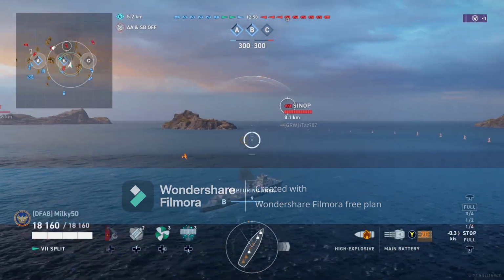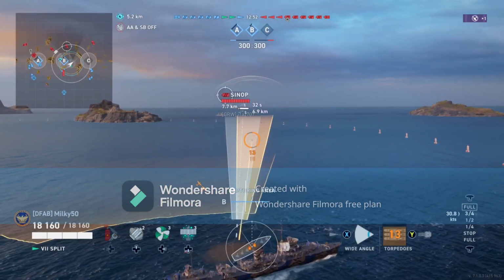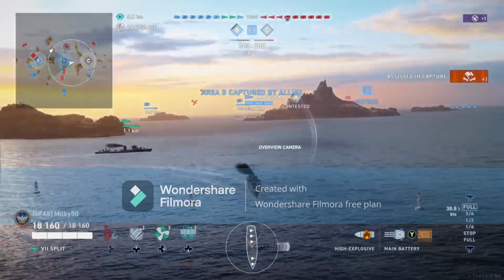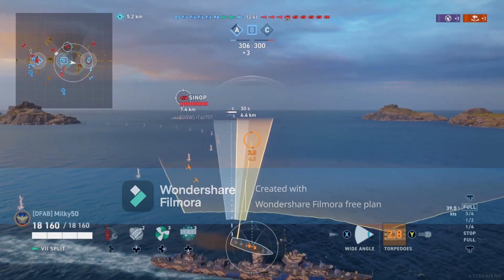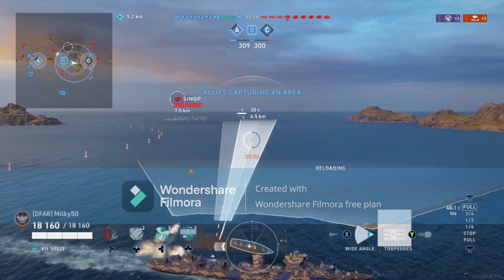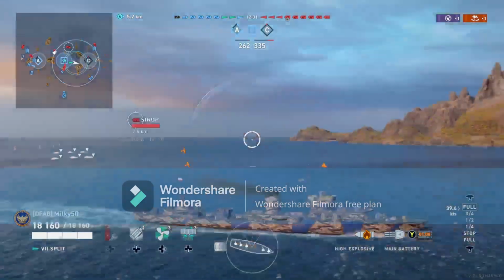If another DD pushes into me, which I check, none of them have got radar, so I've got the advantage here. If they push in, I radar them, I wait for radar to be off cooldown, and then I activate smoke. So I'm just pushing in. We've got the cap, drop some torps on Synop. You can see that he's in a position right now, he's trying to pull to the right, so I want to drop torps in front of him, because just from playing against people, you know that they're going to go